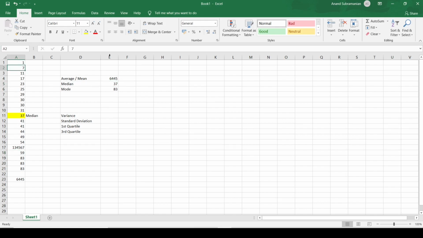And here also, supposing I put another extreme value, somewhere over here, minus 1, 2, 3, 4, 5. Click on the enter button. The average is enormous. The average is huge now. It's in the 5,000s. And the median is still 37. So what is the benefit of having median here?